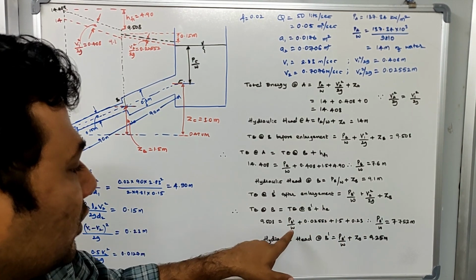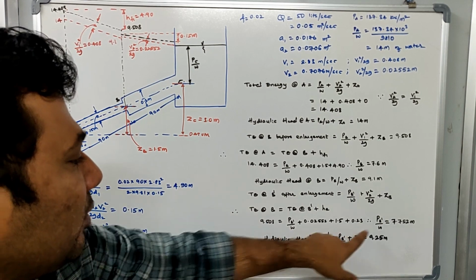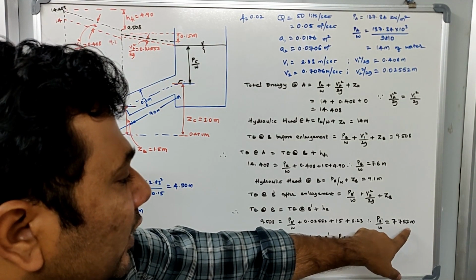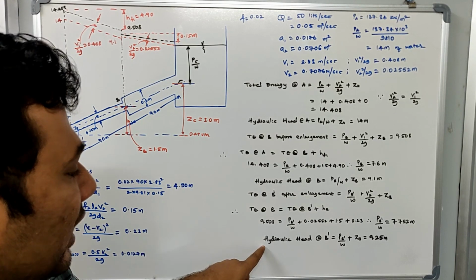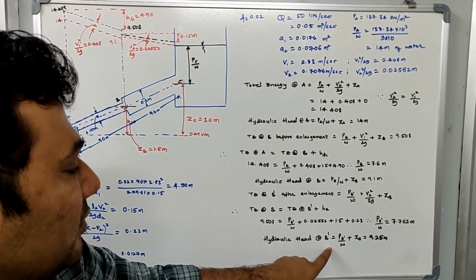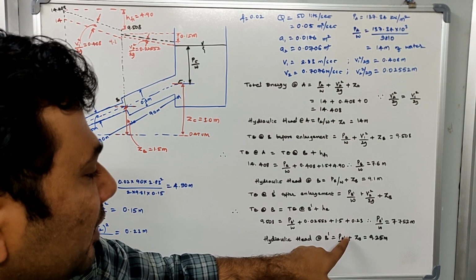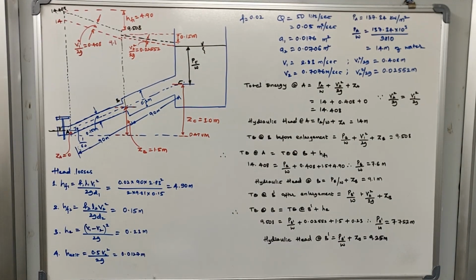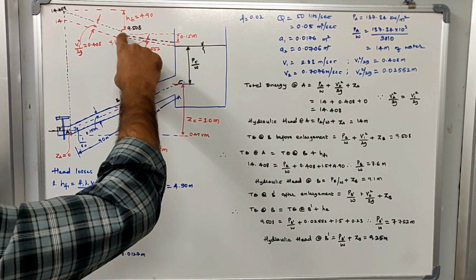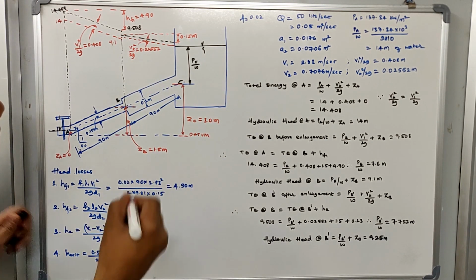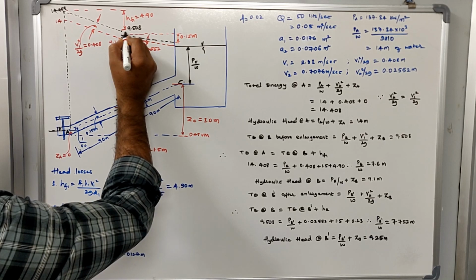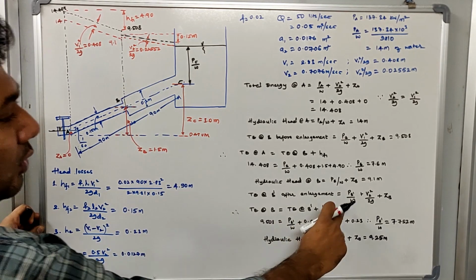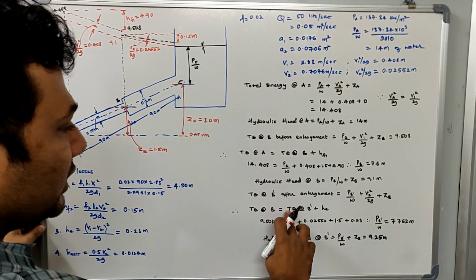Substitute that also. From this you determine PB dash divided by W, which is 7.752. And similarly, we can also calculate the hydraulic head after enlargement, which is B dash: PB dash divided by W plus ZB, which is 9.25. So after calculating the total energy and hydraulic head after the enlargement, we can plot them here. I have not written the values, I will write them here. So the value over here will be equal to the total energy that we have written here. How much is the total energy at B dash?